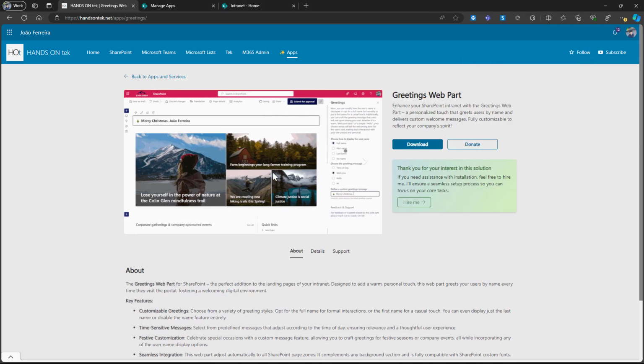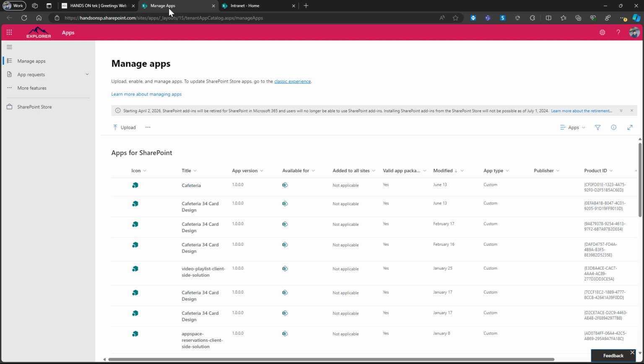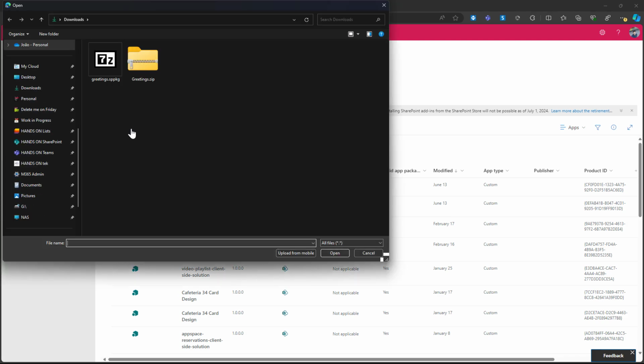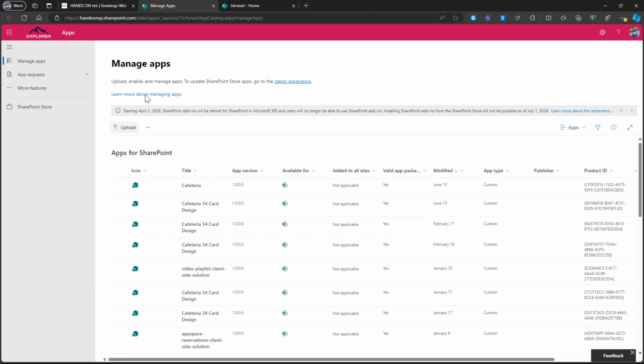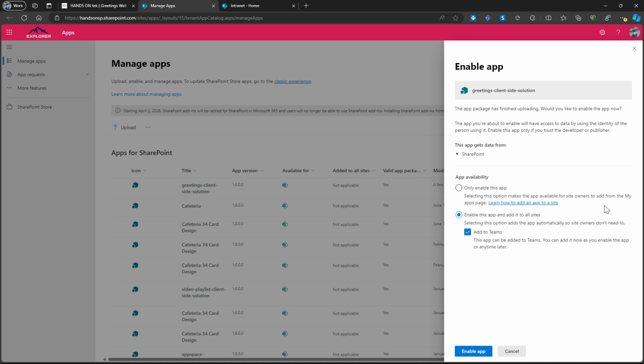And what you need to do now is to go to your main app catalog or to the site collection app catalog if you want to isolate the installation of the solution. In this case, I will install it globally, so I will click in the greetings SPPKG file. I wanted to make it available to the entire tenant, and I want everyone to be able to add this to their sites. So I don't want it to be added to Teams right now,